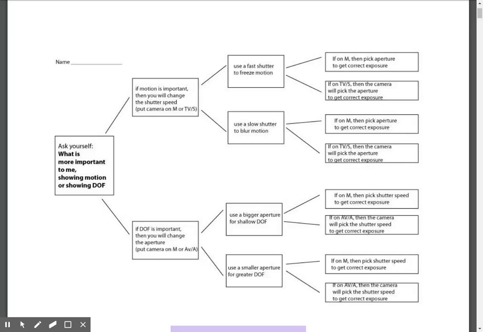Now let's say that you have a bunny rabbit jumping in front of you and you think it's really cute and you want to freeze that motion. So you say to yourself, okay, I need to use a fast shutter speed, because I'm going to freeze my motion. Well, there's two ways to do that, either on the manual settings or the shutter priority settings. So if you put it on manual, you pick the shutter speed, so maybe 1/250th of a second, and then you'll have to use your light meter, which we talk about in another video,